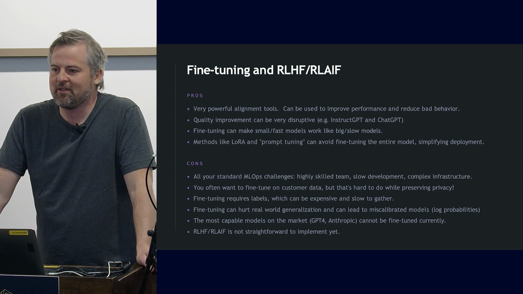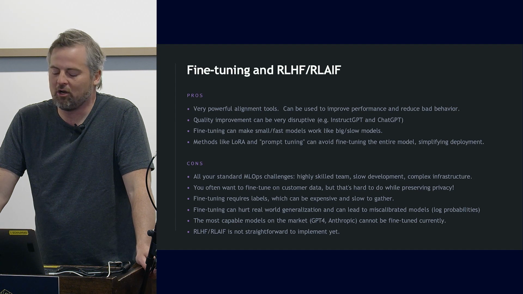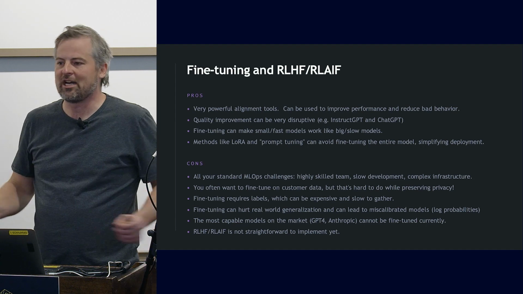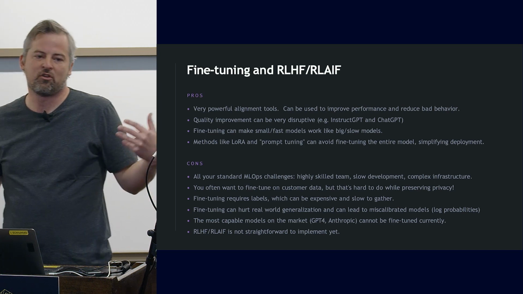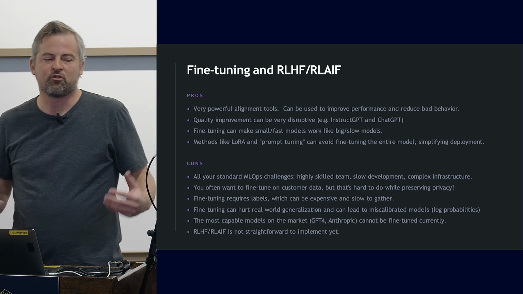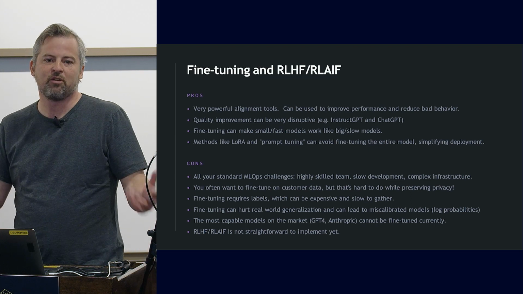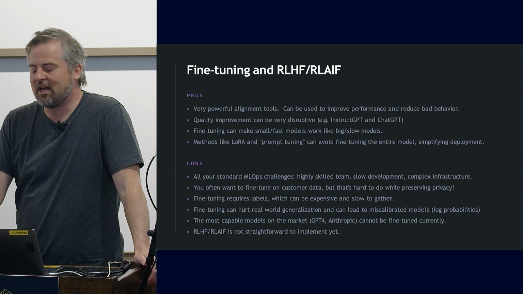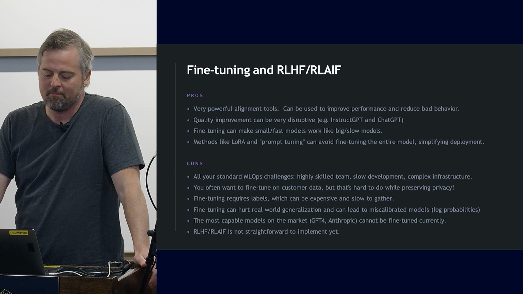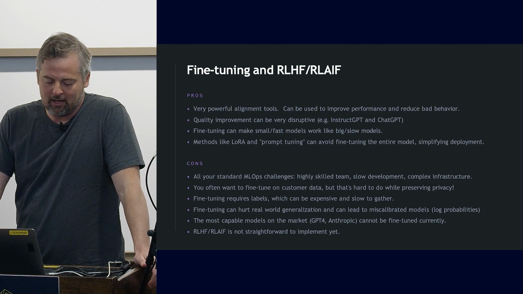And there are methods to do things that aren't quite fine-tuning the whole model, for instance, low-rank adaptation and prompt tuning, where you're saying, hey, for these really big models, it's very costly to fine-tune the whole model. It's then very costly to serve this large model. So there are a lot of reasons, from practical considerations, why you don't want to fine-tune. But there is some interesting research that if those practical considerations become a problem, you can do it.